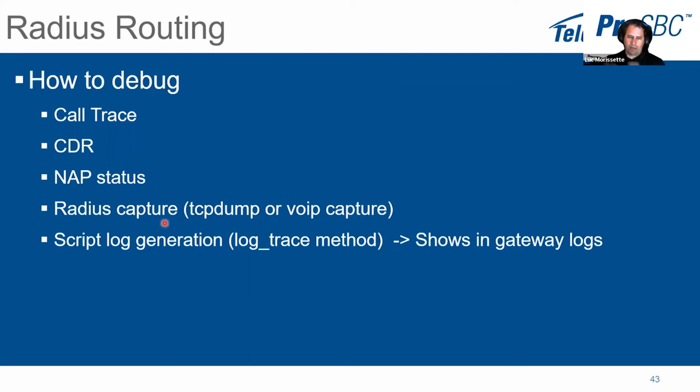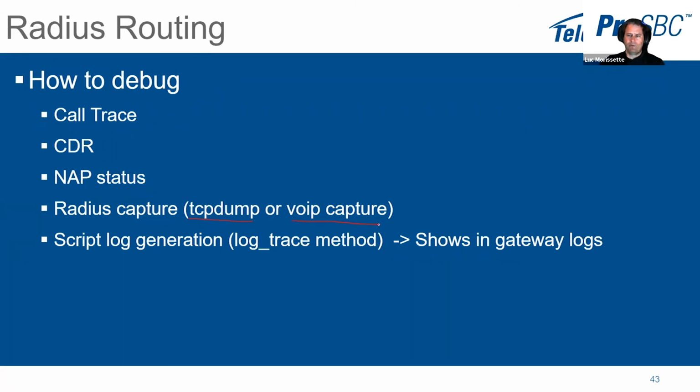And there are 2 ways to capture this radius trace, and it depends on how you configured radius. When you configure this, you need to decide from which interface you will be sending this radius information. So if you send it from the management interface, remember, maybe yesterday I talked a little bit about the management interface, which is not protected on the SBC and is running on the CentOS host. Then you need to use TCP dump to get the radius capture because it's using the CentOS management interface to send those messages. Or if it is using an IP interface, so a LAN WAN interface in the system,